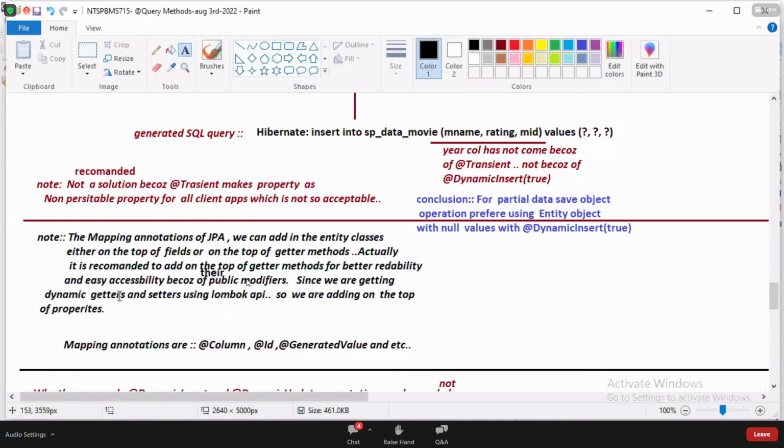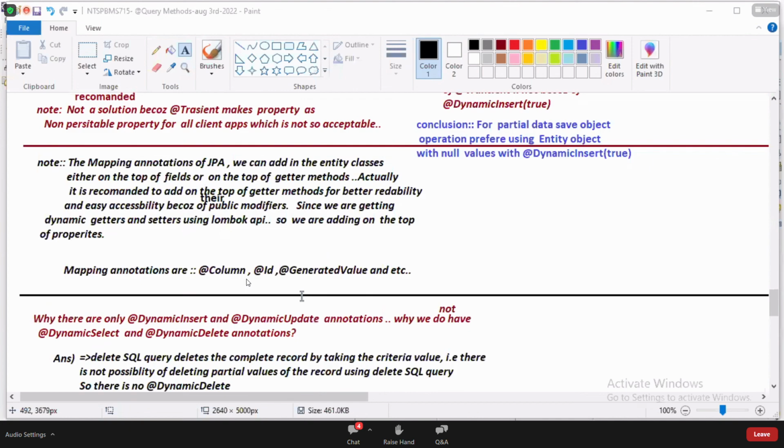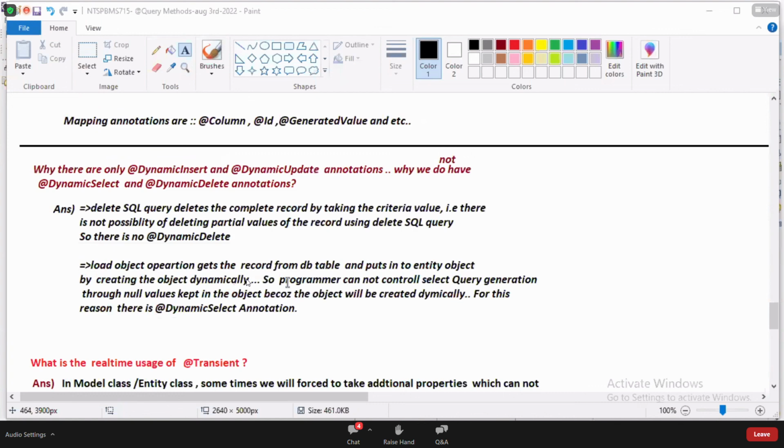Since we are getting dynamic getters and setters using Lombok API, we are adding them on top of the property. I hope you understood this, guys.